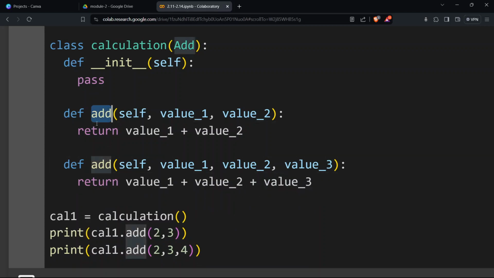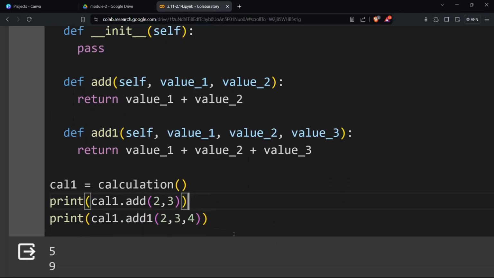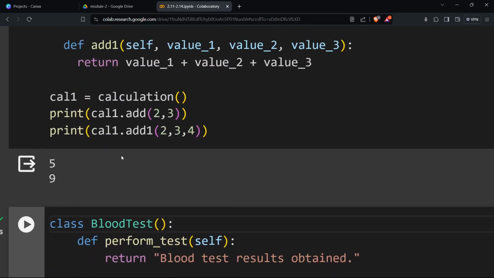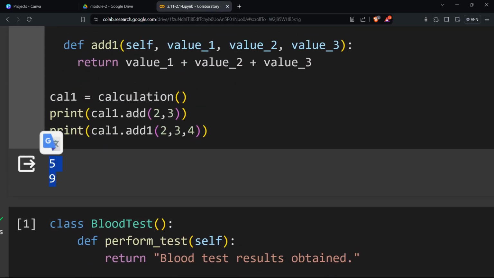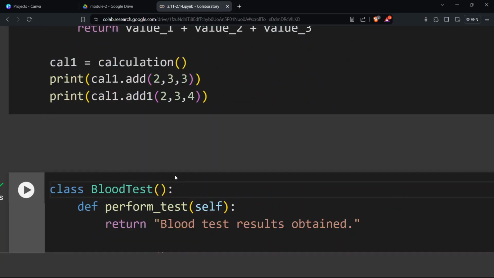If I write two add functions with different values, now this is not polymorphism. I have to create two different functions and the names should be different, right? Add and add1. I can do the same thing with this function, right? See, it is doing the same thing, but now I have to create another function, because if I pass three variables here, Python will say